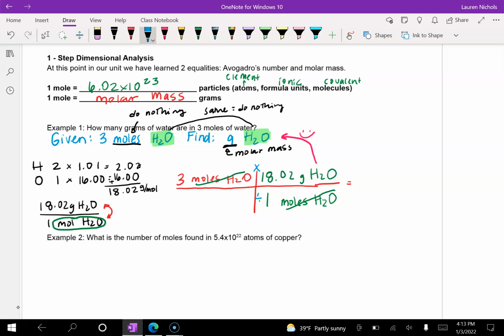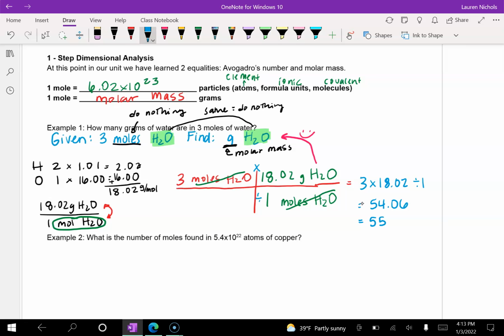So in that case, this would be 3 times 18.02 divided by 1, which is 54.06. And since there was only one significant figure in this problem, we will round that off to